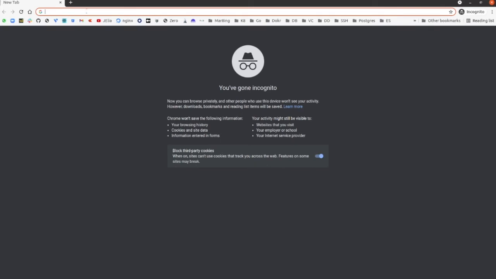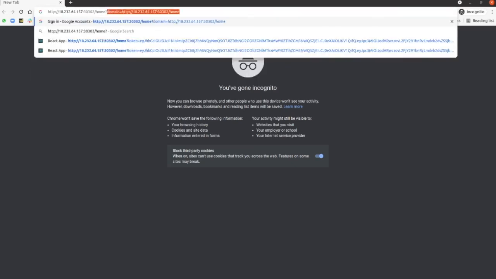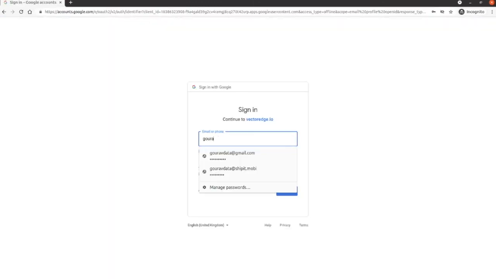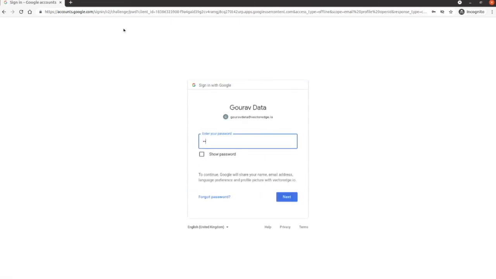So now I'm going to start a new window in incognito mode for a new user. So here I will change the user to one with lesser permission, with different permission than before.